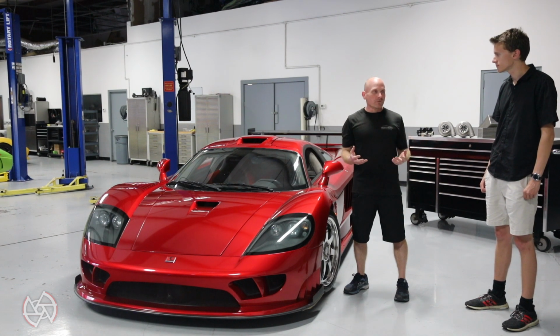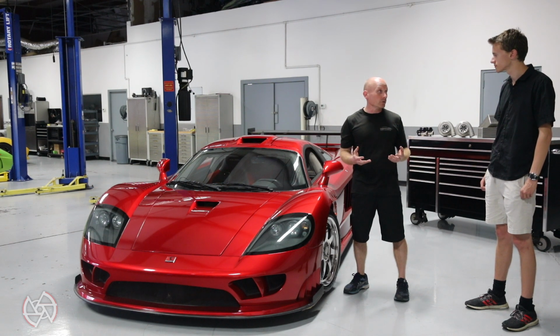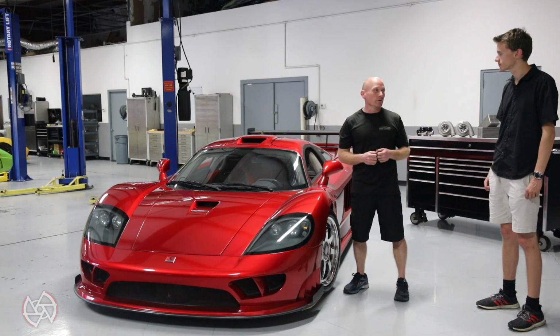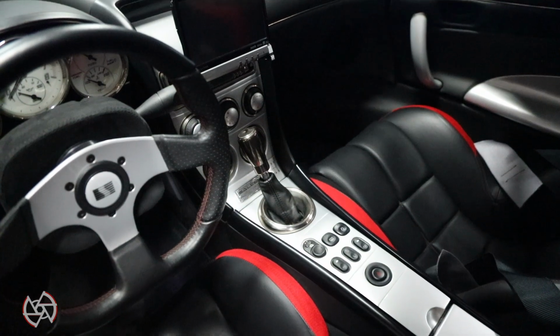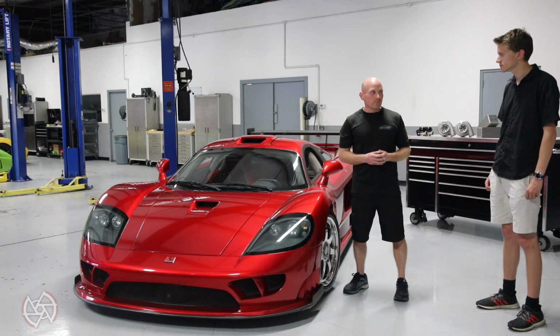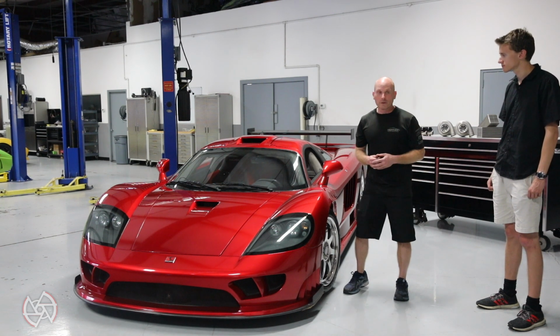Instead of the OEM Ford EEC5 engine management system, we converted the car to a Motec M150 engine control system. Has a lot of unique strategies that were all configured and calibrated in-house by us. This car now, it's drive-by-wire, it has traction control, launch control, it is flex fuel. The drivability has been improved significantly, reliability has been improved significantly, and this thing is just a real pleasure to